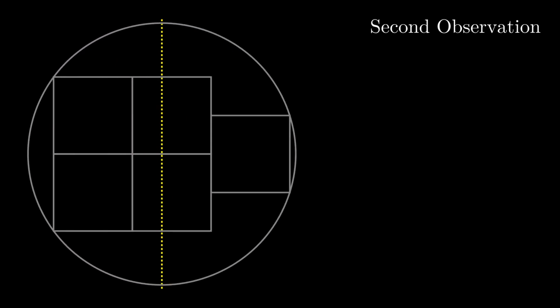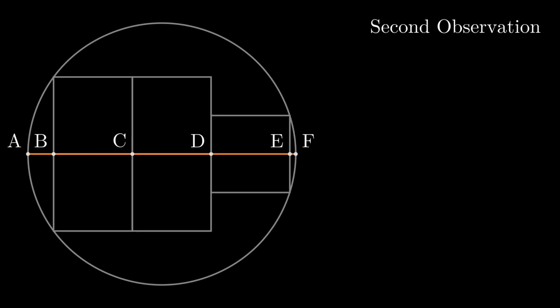However, if we introduce points A, B, C, D, E and F, as shown on the figure, we observe that 1. The distance between A and B is smaller than 1 unit, and 2. The distance between E and F is also smaller than 1 unit. Using these two observations, we can prove that the center O of the circle has to be located on the